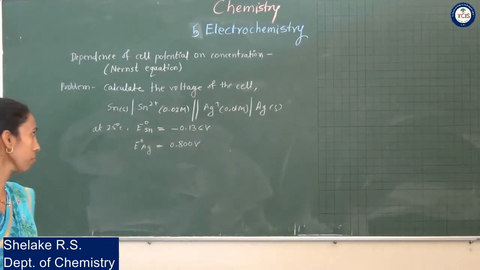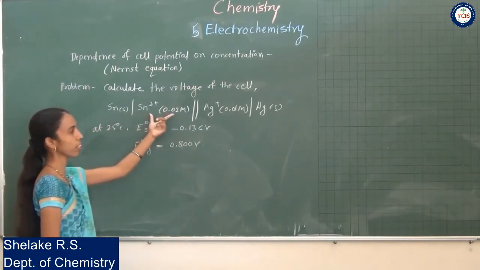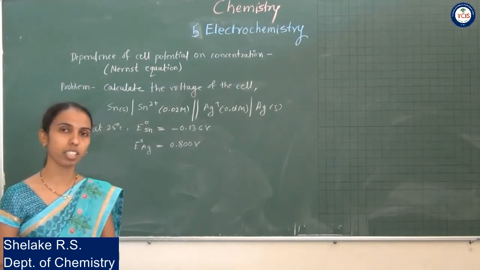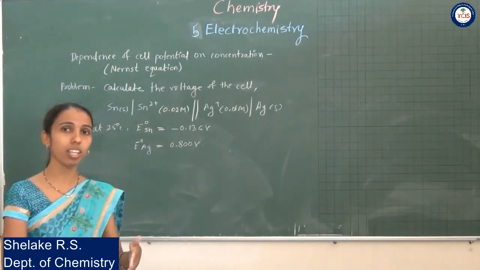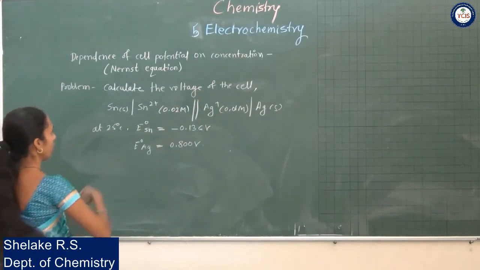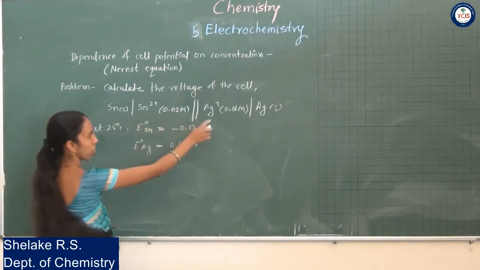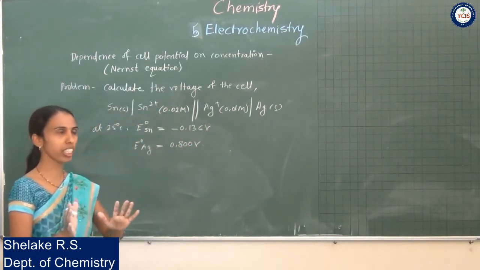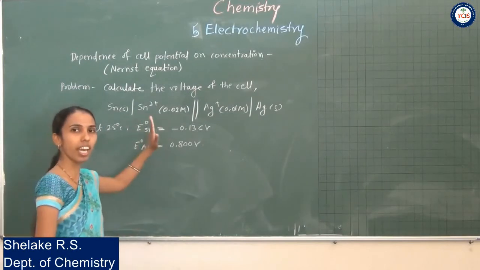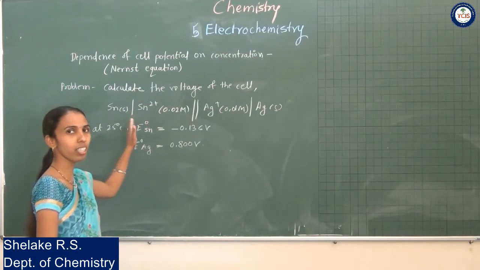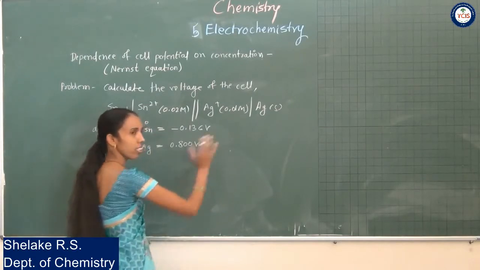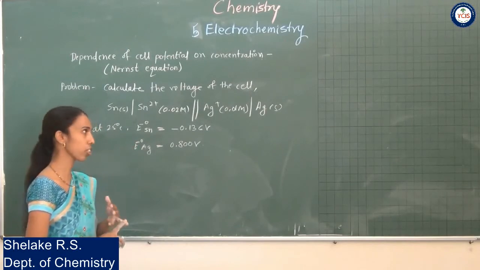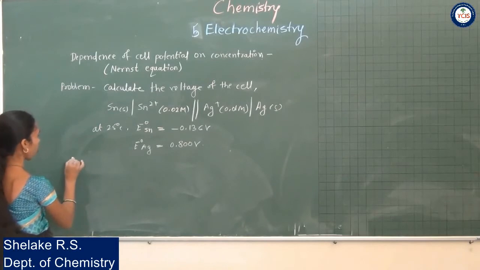See here, for this galvanic cell, the first thing is that we have to write the net cell reaction. For writing the net cell reaction, we have to write the half cell reactions first. Now this is the anode and this is the cathode, meaning here is oxidation and here is reduction. You have to remember this basic thing: when a cell reaction is shown, the extreme left side is the anode and the extreme right is the cathode. Anode means oxidation, cathode means reduction. This is the basic thing. So we'll see the solution for this problem.